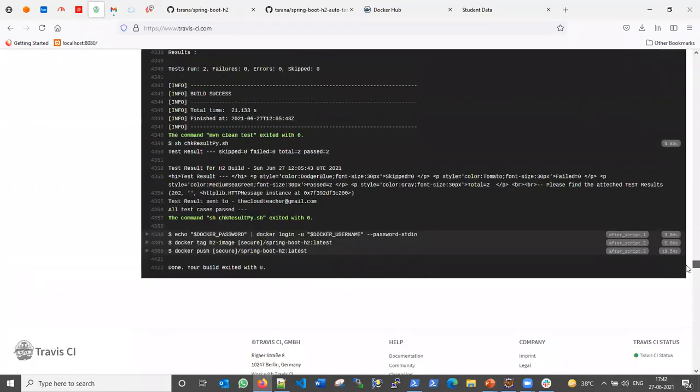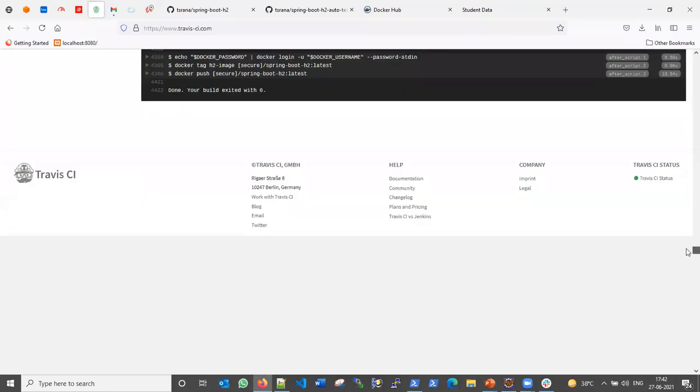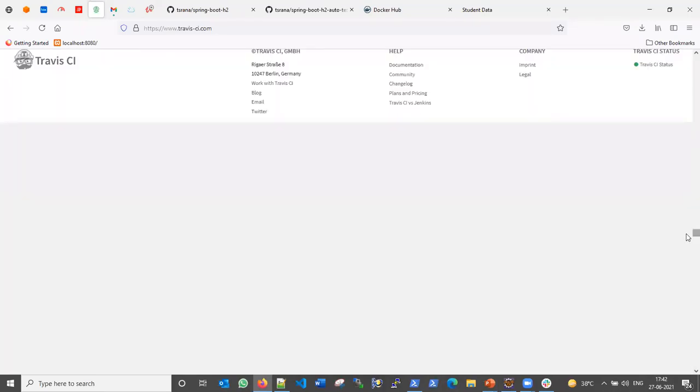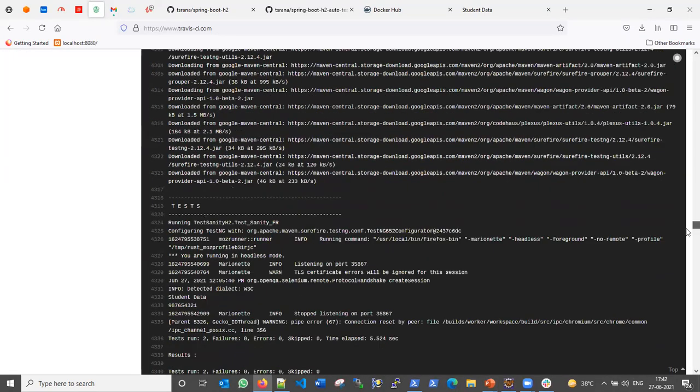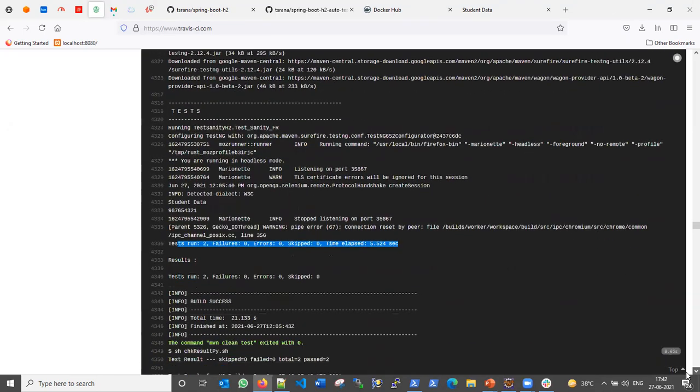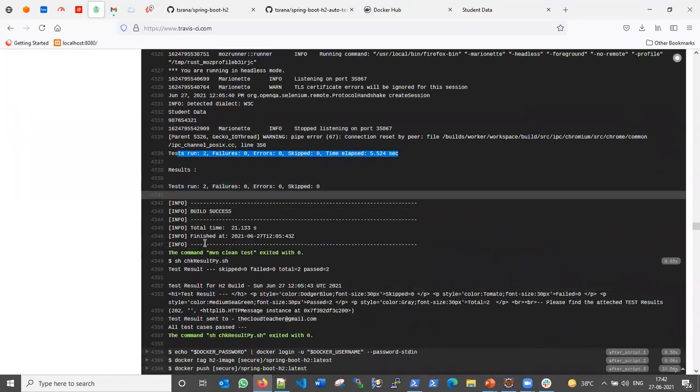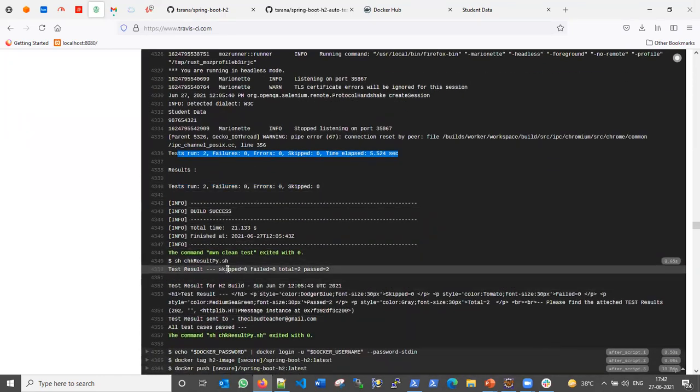And here are the test results. These are the tests it is running. And here you can see the test result is executed: skip 0, failed 0, total 2, pass 2.